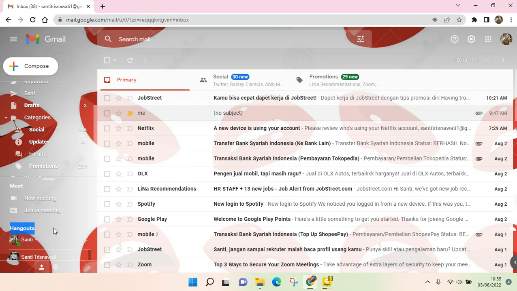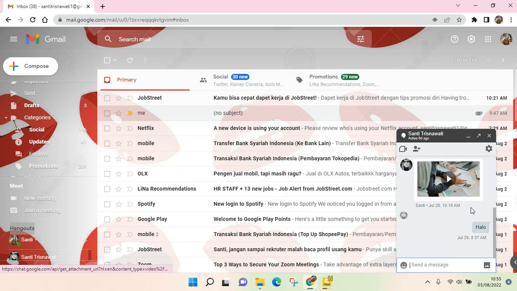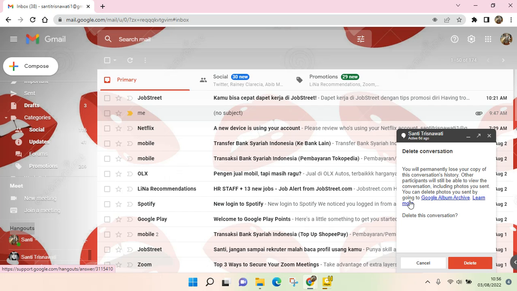And if you guys want to delete a chat or conversation, you need to click on a chat with a person. For example, I want to delete this conversation. So what you need to do is, you cannot see the delete option in here, but you need to go to the settings, this one's right here, and you'll see there is a delete a conversation option in here. So you can just click on that, and then